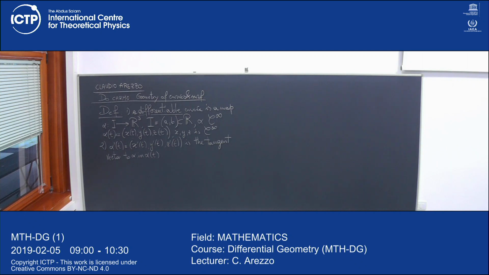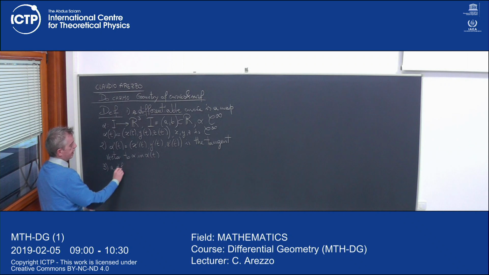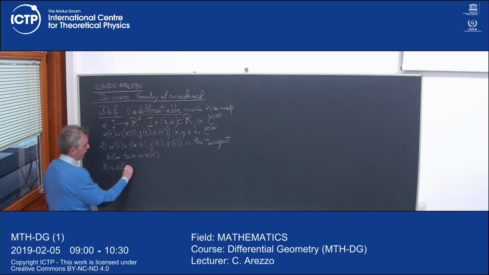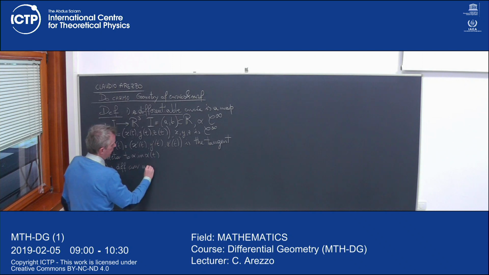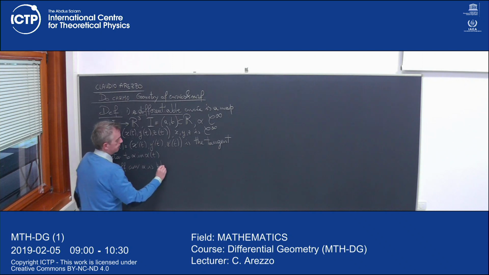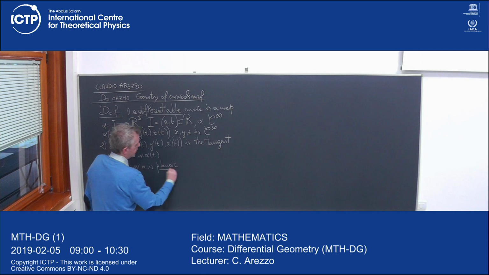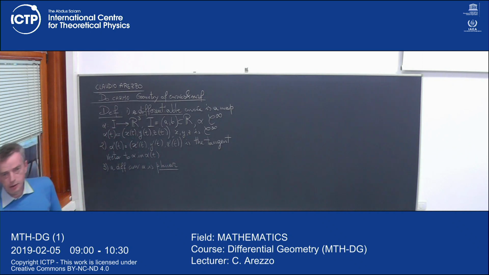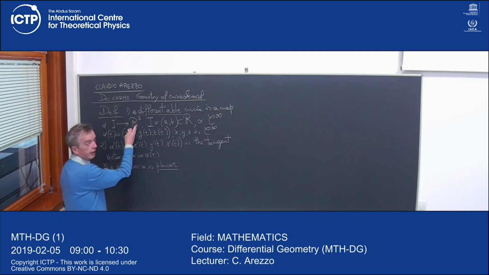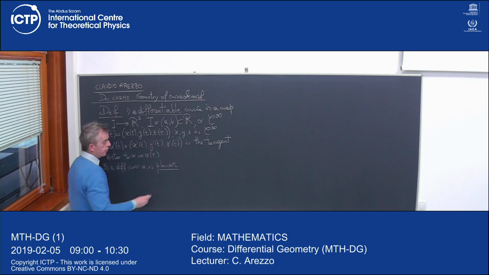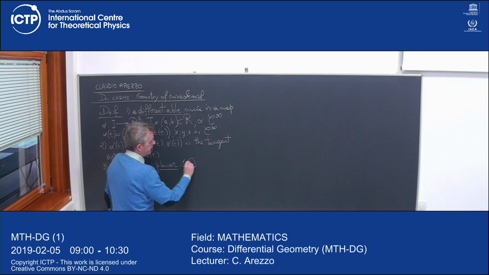And just the last word in definition: a curve alpha, a differentiable curve, and actually from now on I will just say curve, otherwise differentiable. A differentiable curve alpha is called planar. From time to time it will be convenient to have this word in our bag. So it's planar if, instead of going in the whole of R3, there exists a plane.